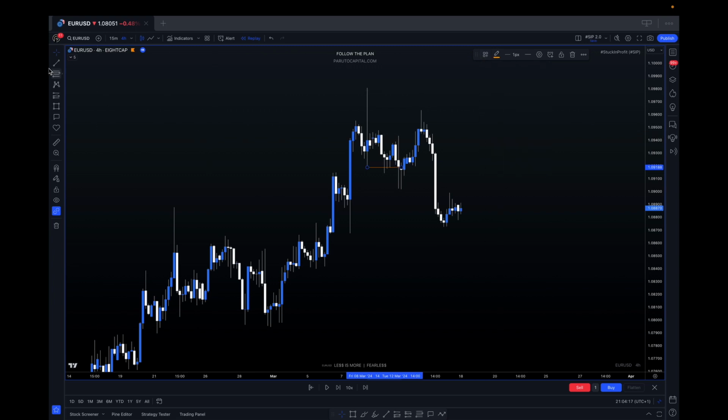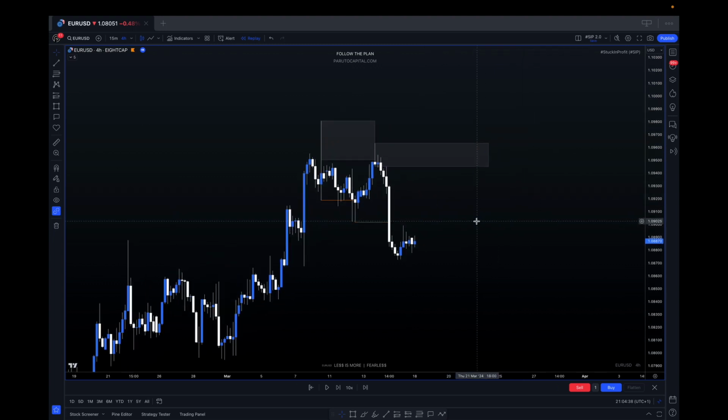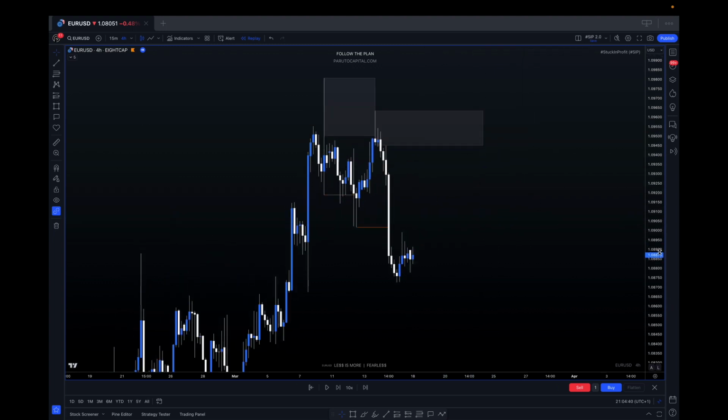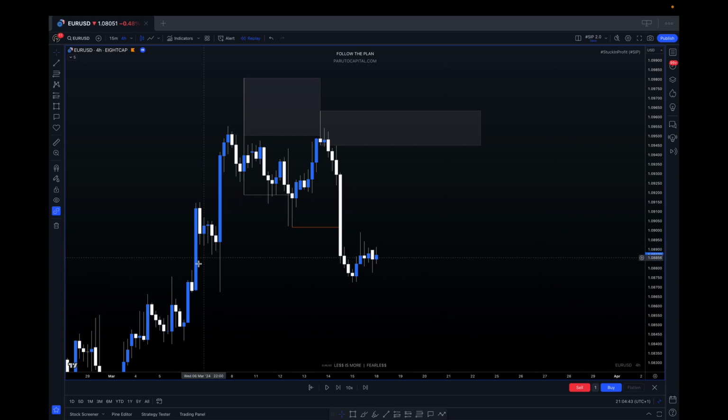4 hour boss. And here too, can draw a zone out. This has been mitigated, so just leave that there. Don't have to draw the entire candle because it's already mitigated. So here we draw the entire candle out. Perfect. So now with this on our 4 hour, we clearly can see that the market has been bullish, but